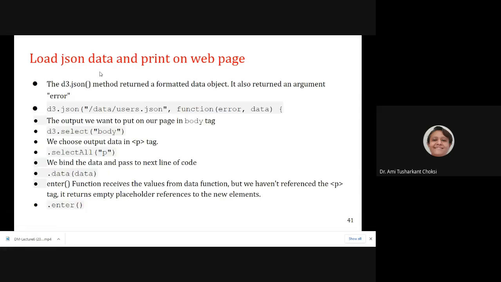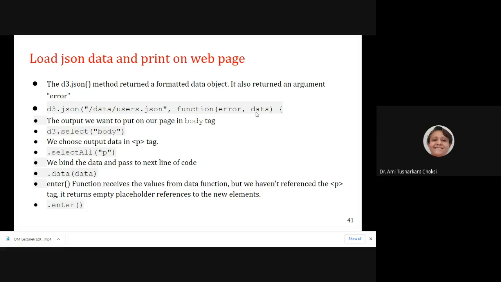So now we want to load the data and print it on the web page. For that, d3.json is the method that will give us the formatted data object, right? Now we want to have the function for that.